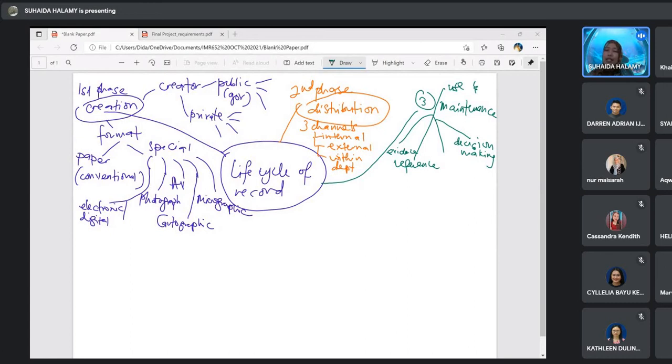Okay, and then the last one, we use record for what? For what kind of transaction? What kind of activity? When you do your assignment, when you have your reference material, when you have the sources, but you still don't understand, and then you have to refer to the expert.